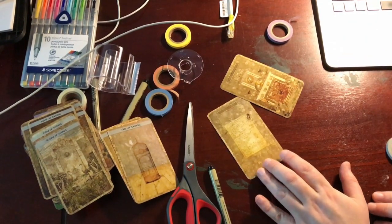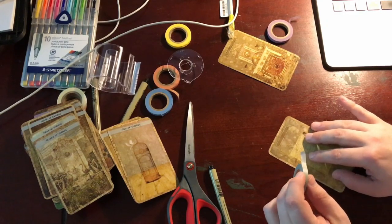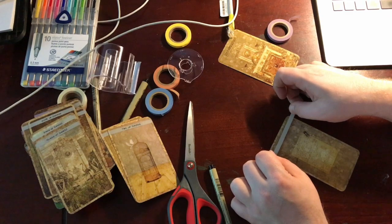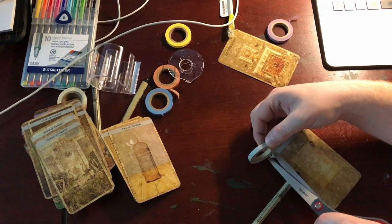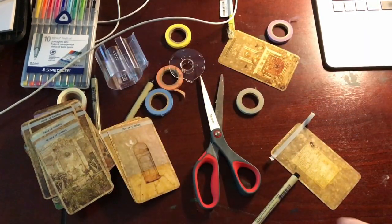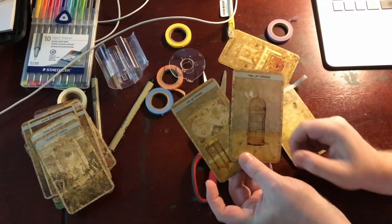So where am I? Okay, yeah, you can see this. So literally, what I've been doing is, I'm gonna get this. No, I should be okay. It's gonna be weirdly framed because it's hard working around a tripod, as we all know. So I've just been taking a strip of tape. I got these at Michael's. It came in this little dispenser, but I found that dispenser really irritating to work with. So I've been putting a strip right across the title of the card,